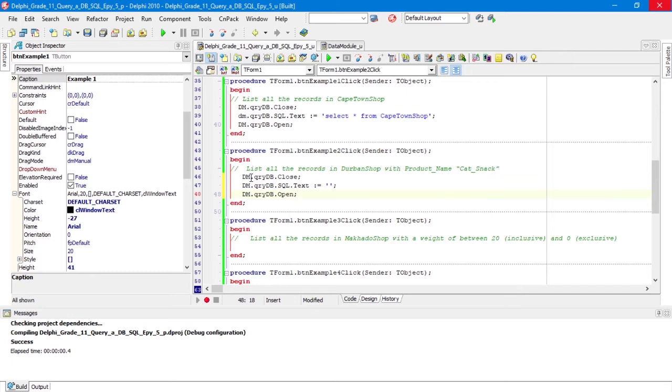Same structure, we close it, we give our statement, and then we open it. So in here, we say select all from Durban shop,